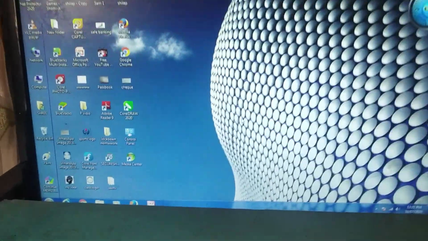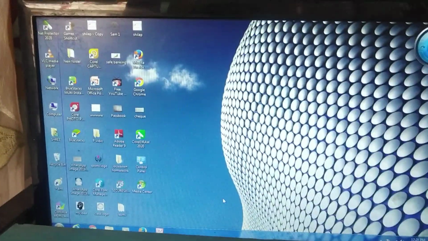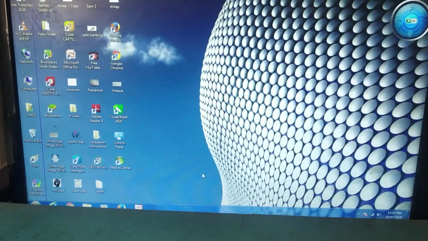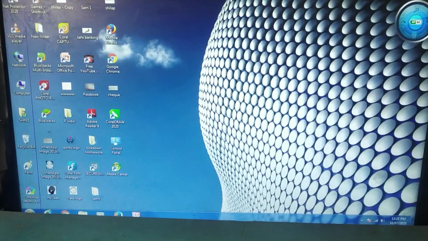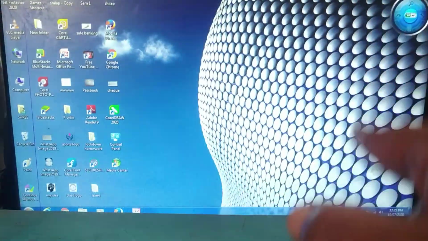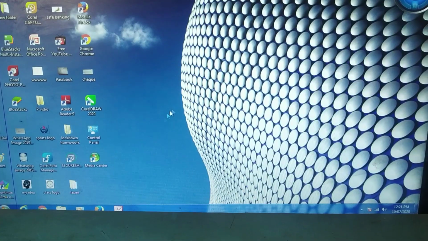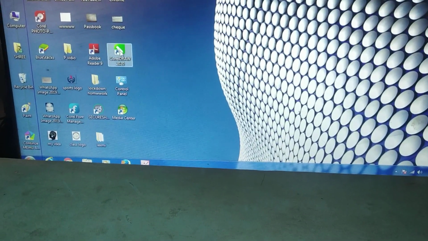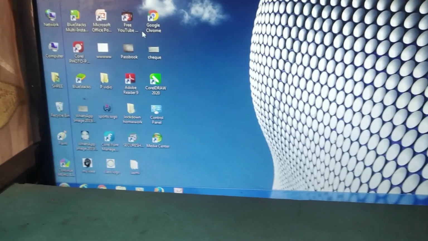Good afternoon, kids. Today we will see how to start WordPad and how to use the caps lock key. First of all, I want to tell you that when you start your computer, you will get the first screen. That first screen is called a desktop, and these small symbols are called icons.